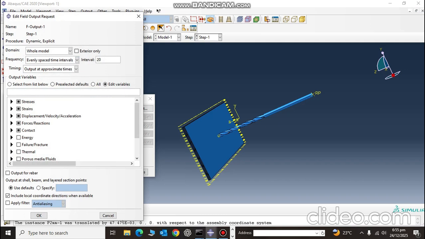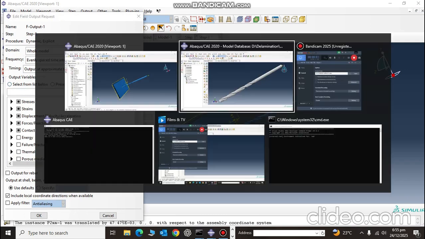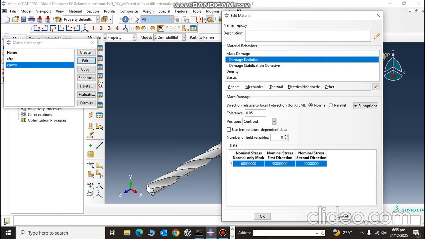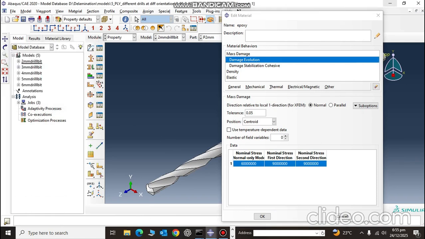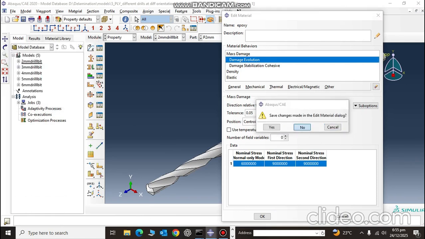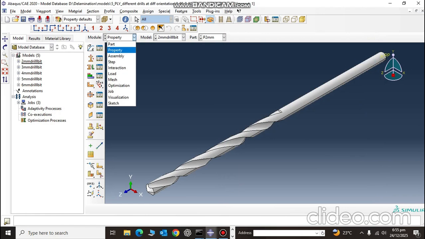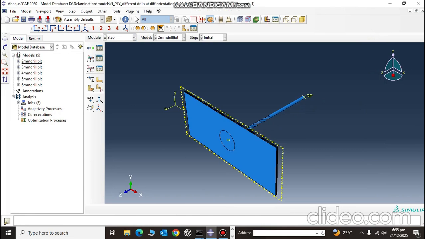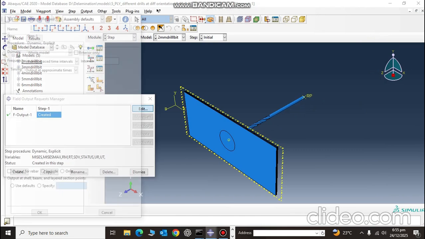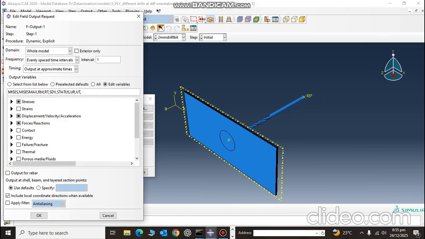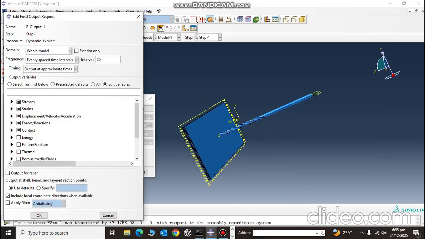So whatever you select here, it will give you the contours of that data. So it is better to select only those that you require. Do not select all of it, then it will take a lot of time in simulation. So these are the things that I needed, so I am going to just paste it here, so it will automatically